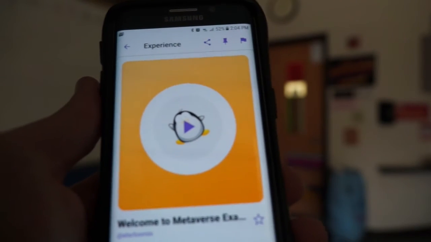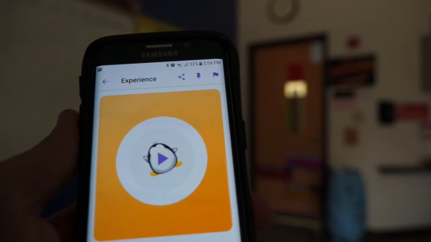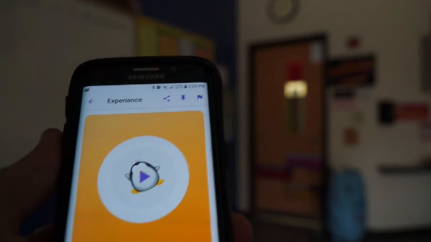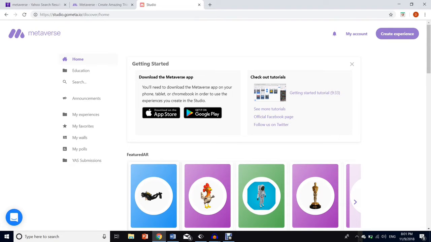One thing I have to say about this: it took me a couple hours to actually put together. It's a very nice program, but you have to watch the tutorials to understand what is going on. So here we are at the GoMeta site. I've already logged in. On the left hand side of the dashboard, we have several different choices for you to